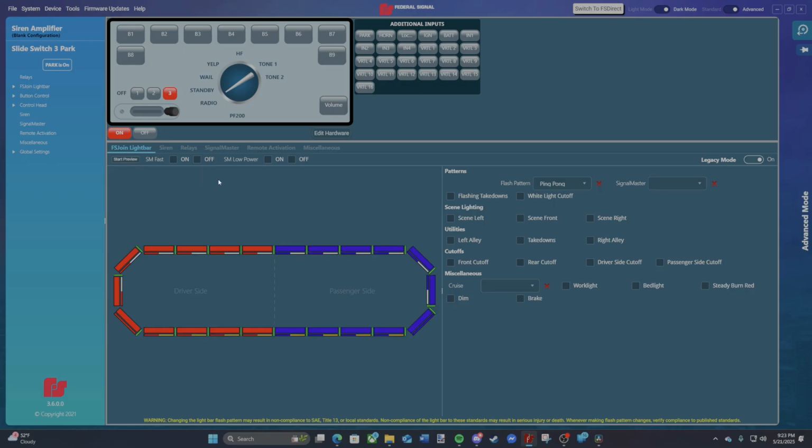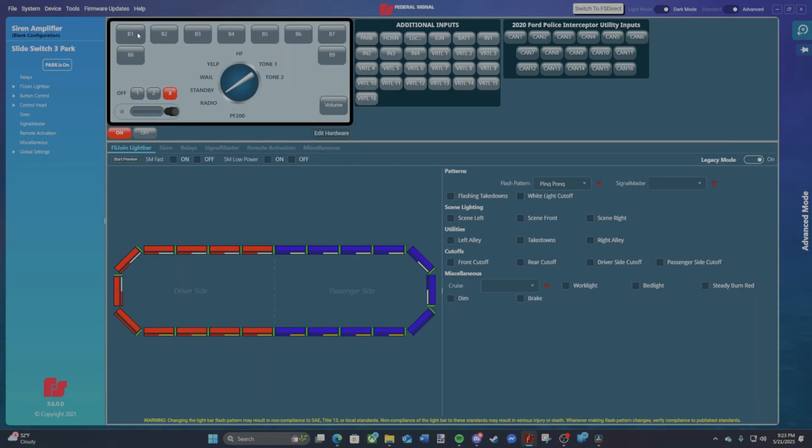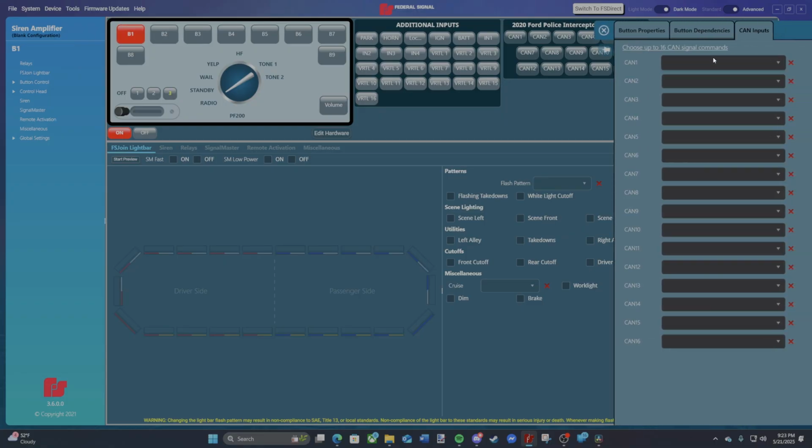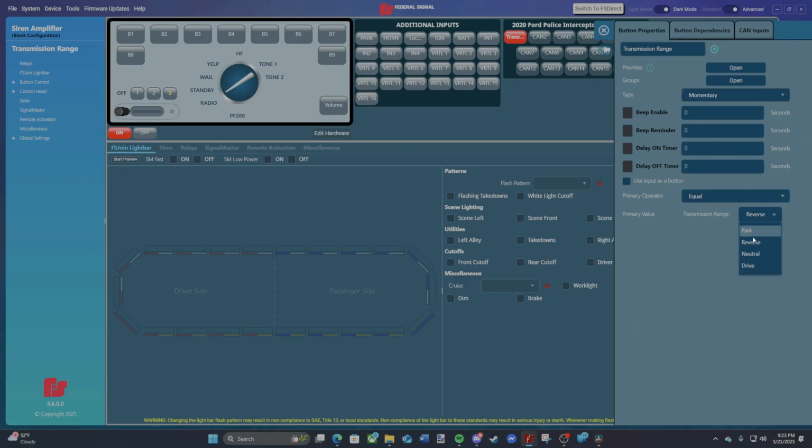Now let's say you have OBD and you're not using the traditional park wire. So I'm going to add a vehicle. I'll just use the 2020 Ford Police Interceptor. That's fine. Click continue. So now we have CAN inputs. So if you have a CAN input for park,